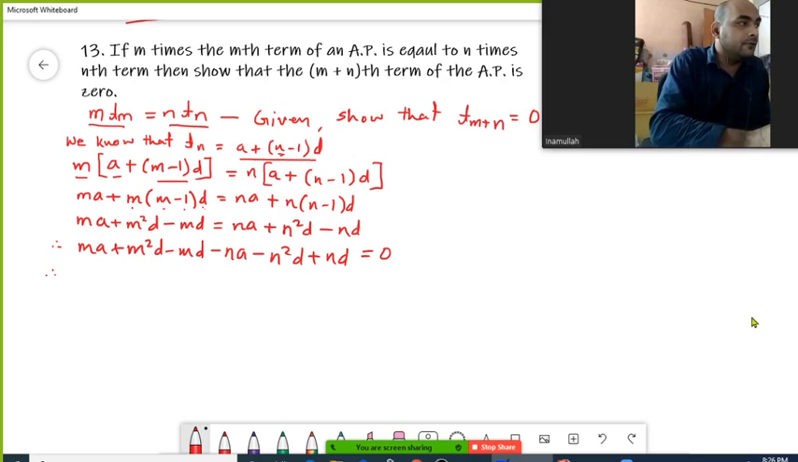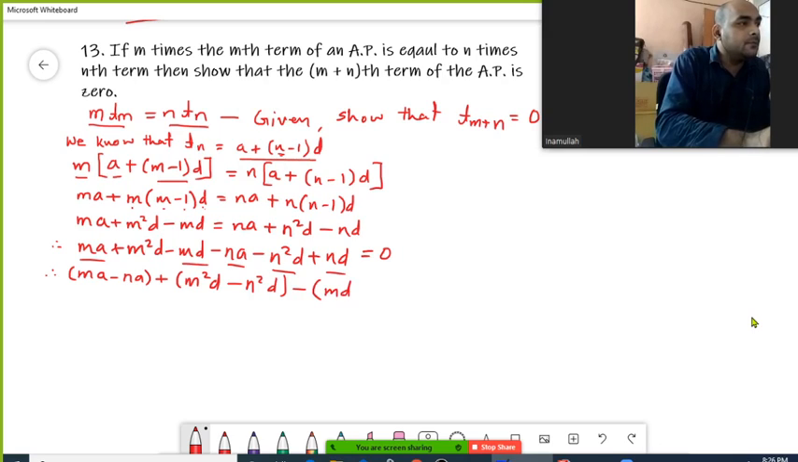So therefore we can group them as ma minus na. These two terms can be grouped together. Then we have plus m square d minus n square d. Then we have minus md plus nd. So I'm taking out minus as a common factor: md minus nd